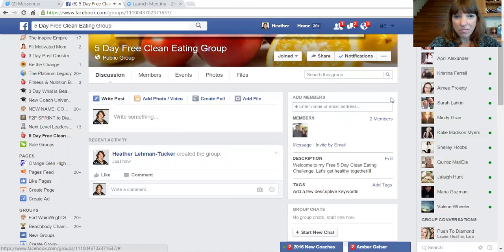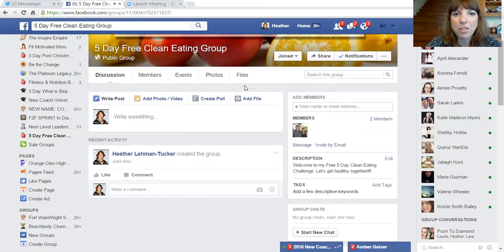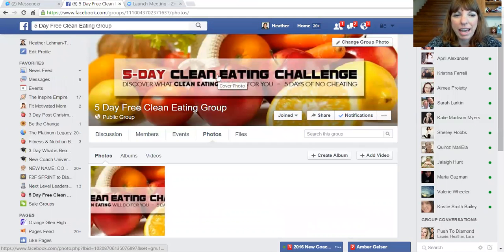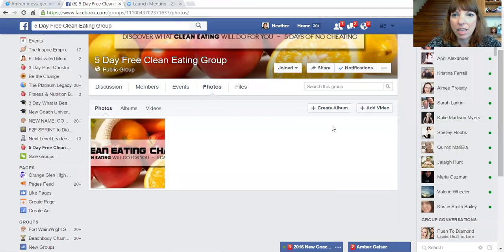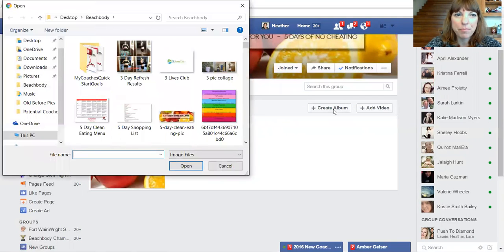All right. Then what you're going to want to do is you're going to want to come to the photo section, and this is actually where you'll want to create the meal plan. So you're going to create an album, and you'll just grab the shopping list that I sent to your email, and that will be the first photo. So you'll open it,